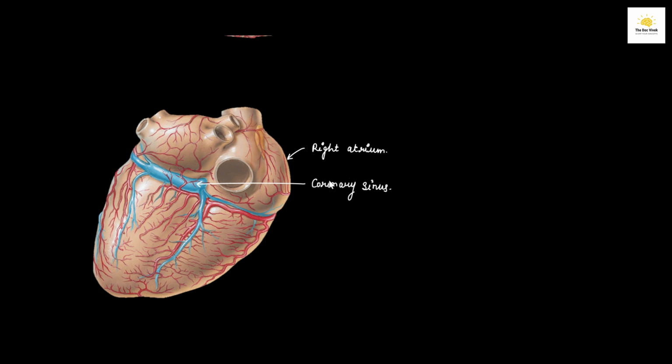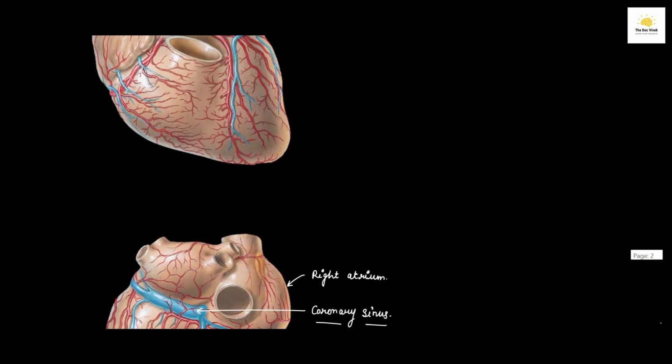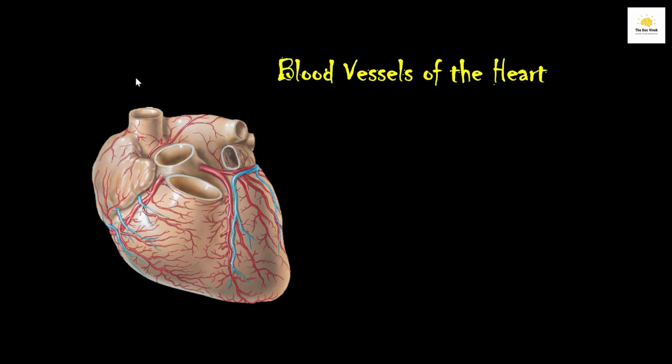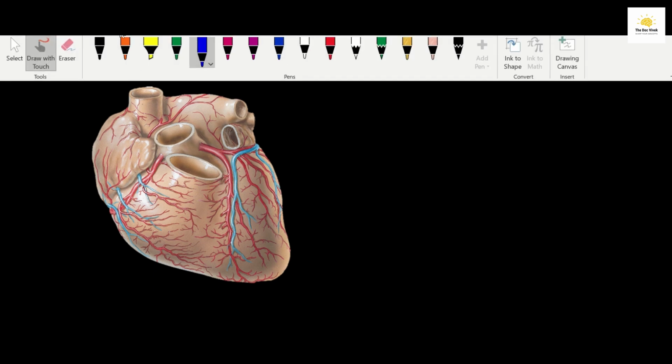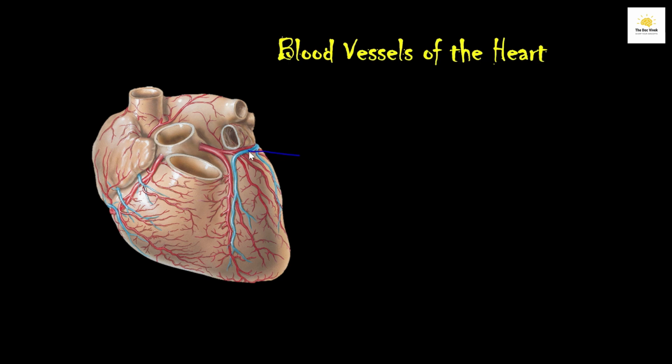Okay, doctors. So let's start to learn about the veins which fall into this coronary sinus. The first vein and the largest vein, we can say, is the great cardiac vein. The great cardiac vein begins from the apex of the heart on the anterior surface,